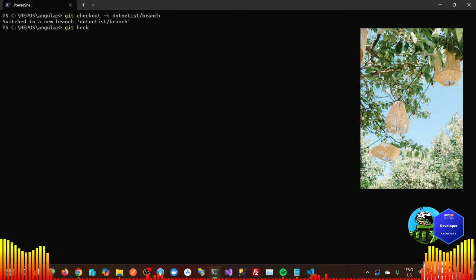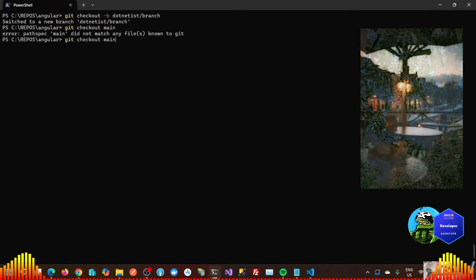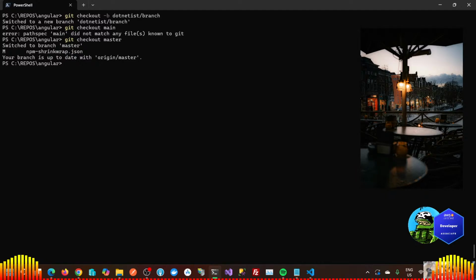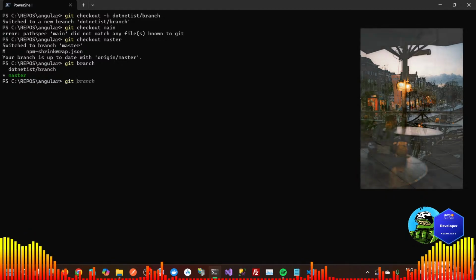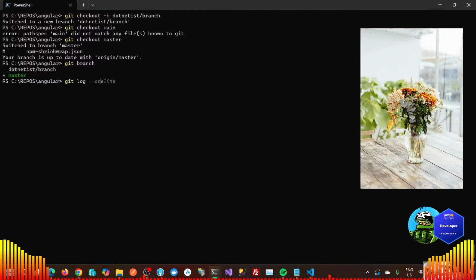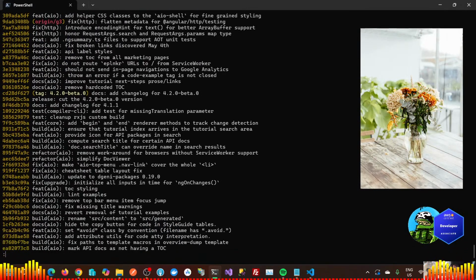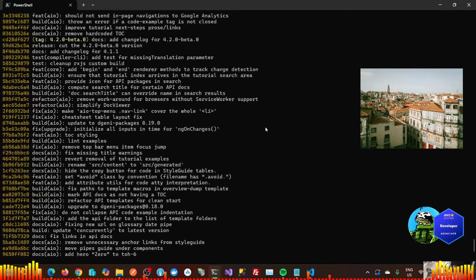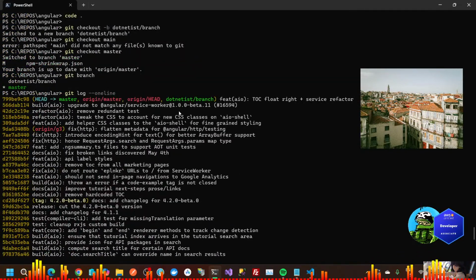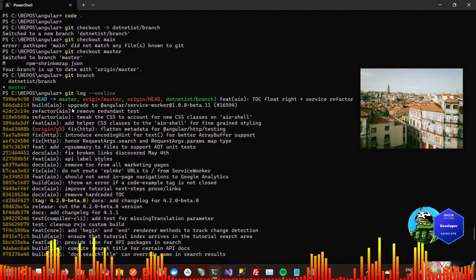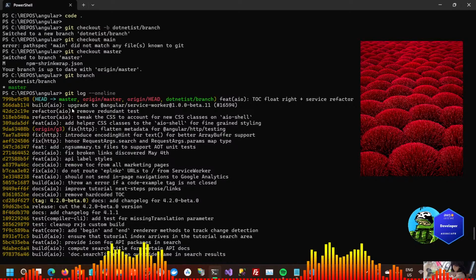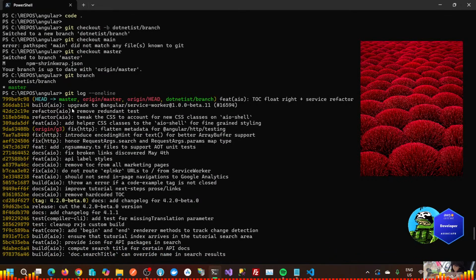Git checkout. git log one line. Okay, so the latest one is upgrade to Angular service worker. Remove redundant test.